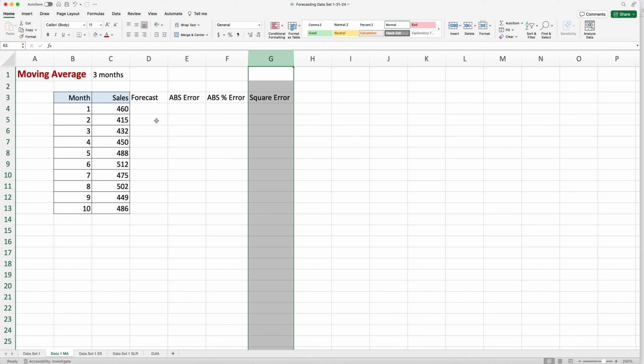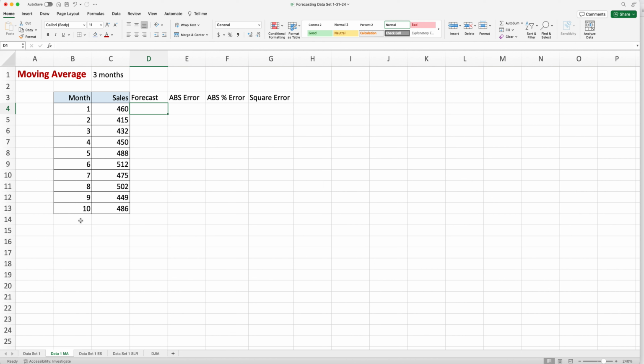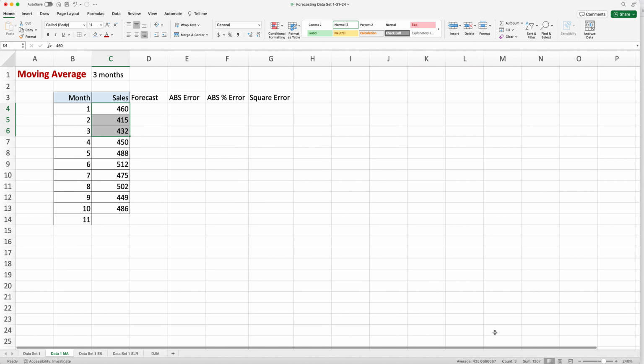So we're doing a 3-month moving average. I cannot, and I'm using historical data. My next month is month 11, and I want to be able to get a forecast for that right here. So I can't forecast, so I'm going to use this previous data to see how my forecast is. I'm going to go down. The first month I can forecast is in month 4 because I have 3 months of history, and I'm just going to take the average of these 3 numbers, which if you look down here should be